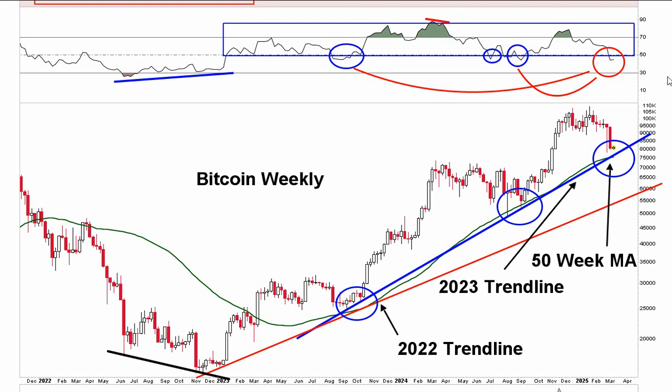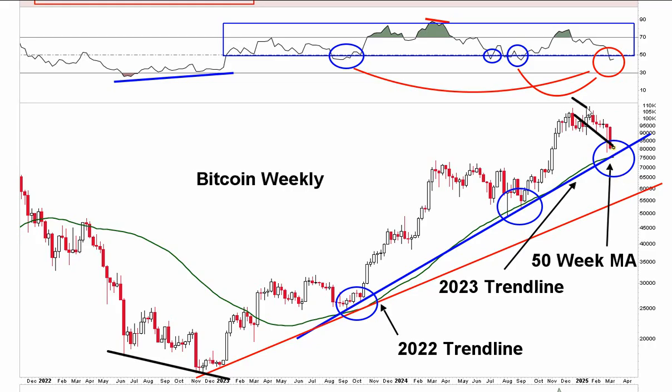People's expectations for the bull market, they have unrealistic expectations. I think Bitcoin's going to go up to 135, 140, 145,000. Maybe you reach 150, but there's a lot of resistance in that 135 to 145,000 area. Remember this, if we do go up to where I think we're going to go, remember how nobody thought this would happen.